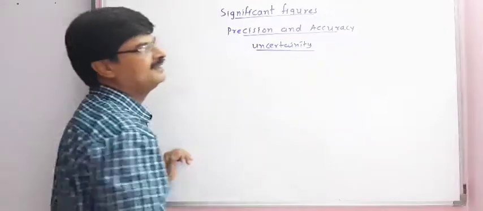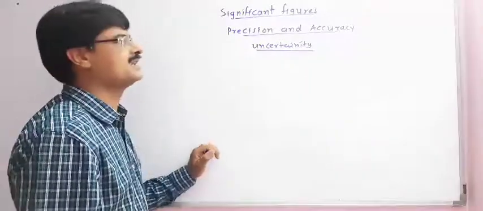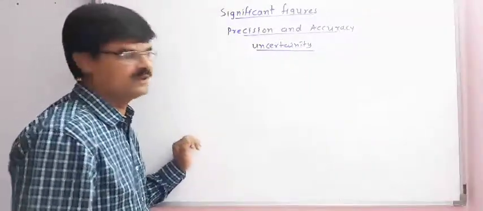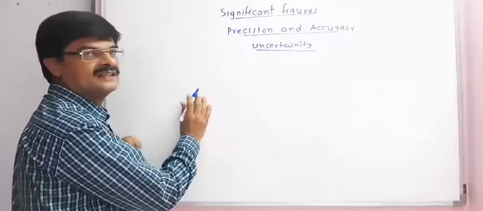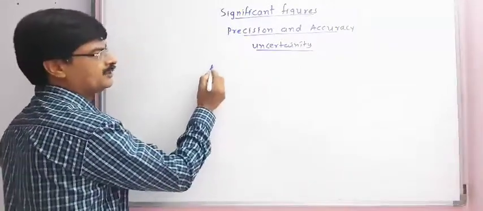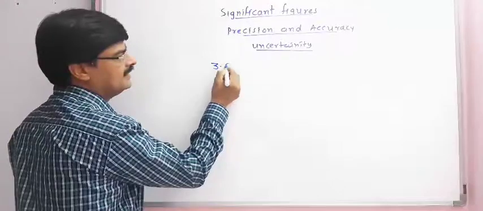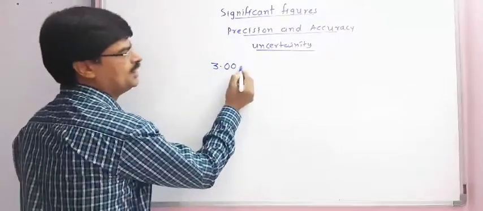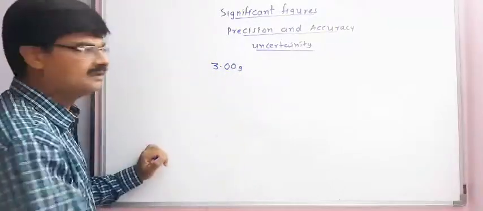And because of uncertainty, first we have to understand precision and accuracy. To understand them, let's take an experiment in which the result comes out to be 3.00 gram